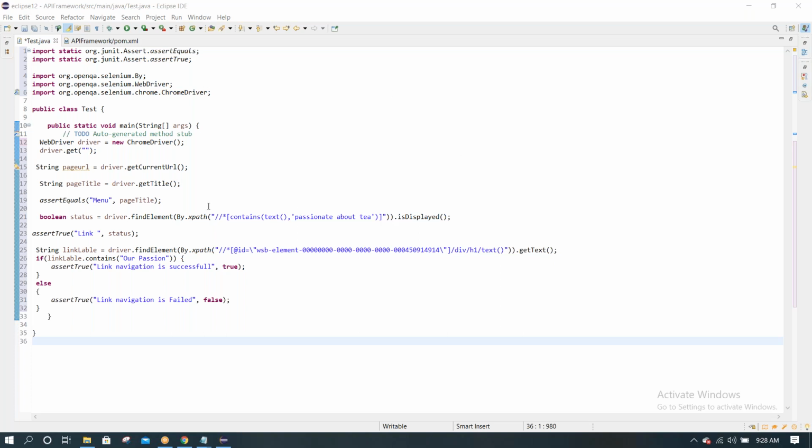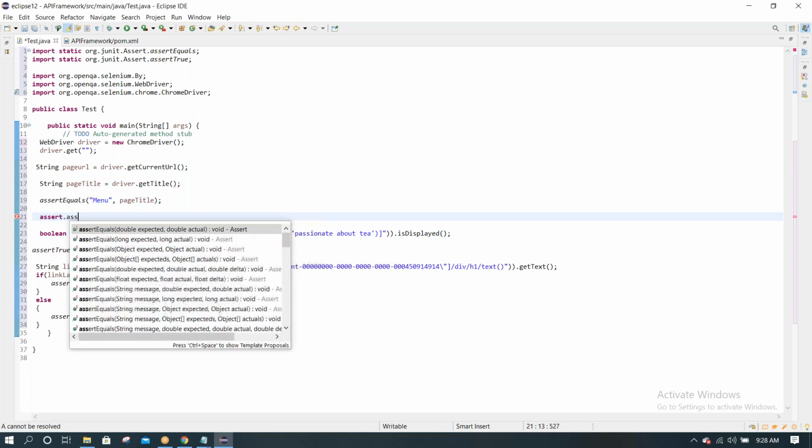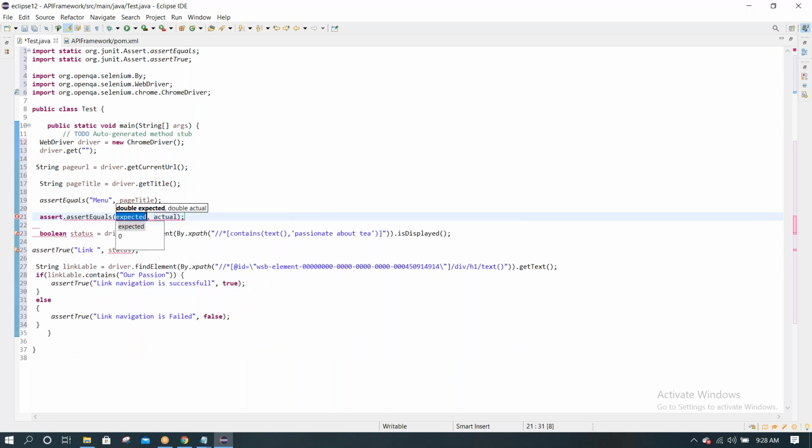You can also write these assertions like this. So don't panic if you see it somewhere.